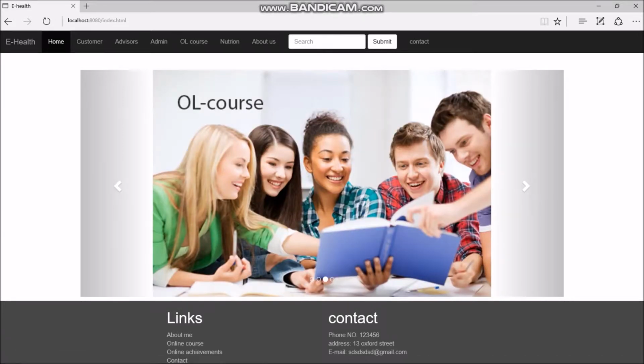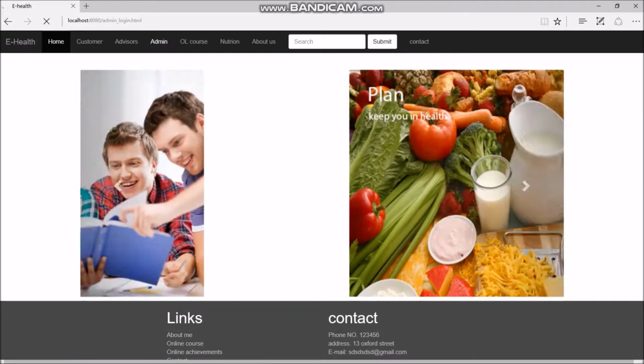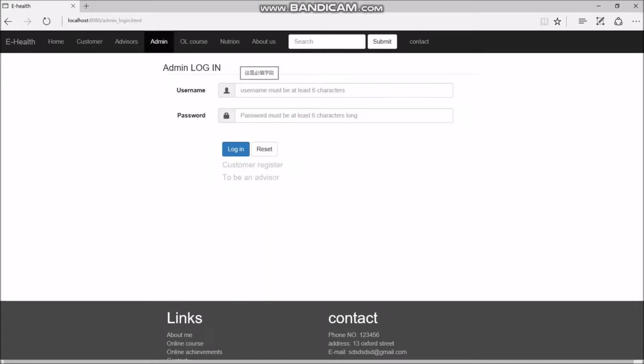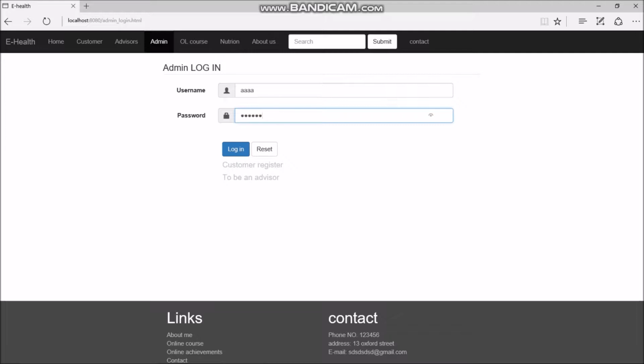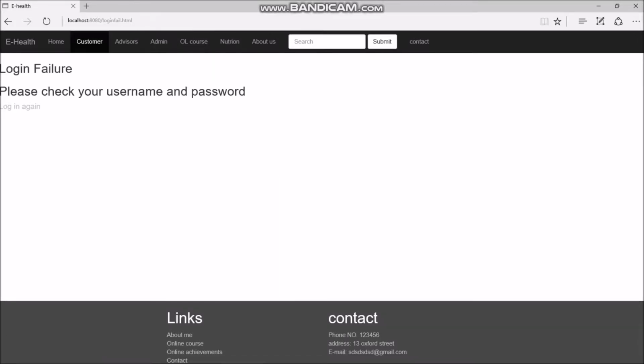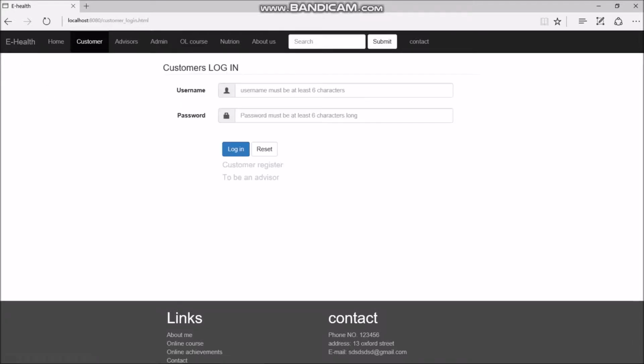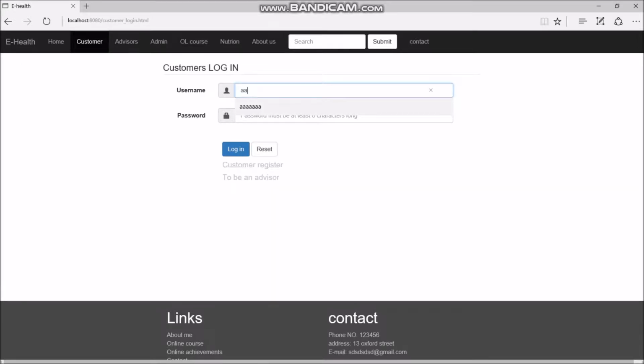First, let us have a look at the admin staff. As you can see, there is the login system. If we type the username and the password for the admin, it will allow us to access the admin page. If we have a wrong login, it will lead us to a login failed page, and it will enable us to go back to login again. So this time, if we log in,